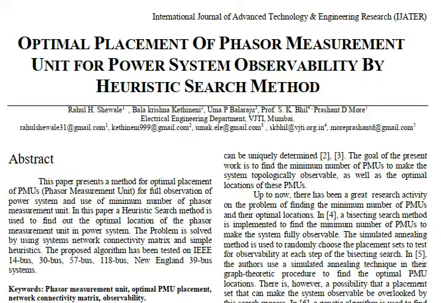Today in this lecture we will discuss the optimal placement of phase measurement units to make the system observable. In this lecture we will be discussing the different optimization techniques for different IEEE buses to minimize the number of phase measurement units that should be placed to measure the phases of current and voltage.